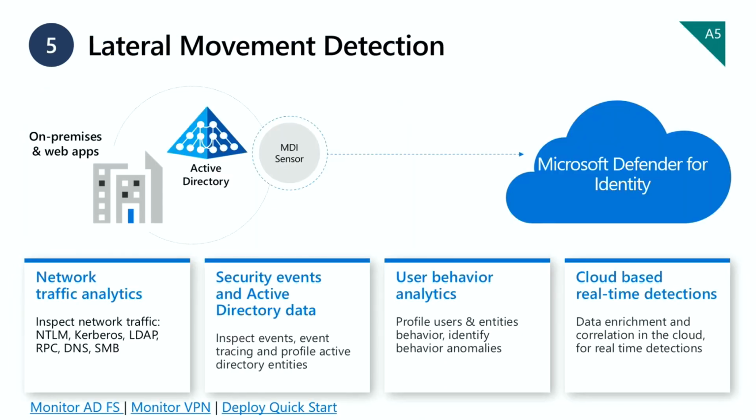Lateral movement detection. This is an A5 component, so just calling that out. It's Microsoft Defender for Identity. If you have A5, it's one of the easiest things to deploy. It's an agent. You deploy it on your domain controllers, and it starts integrating all those sensors, all that information to look and detect lateral movement on-prem into the larger Defender stack. So it's a very quick, easy win from an identity posture standpoint.